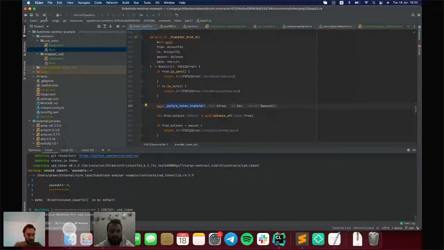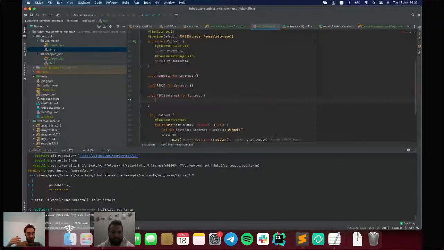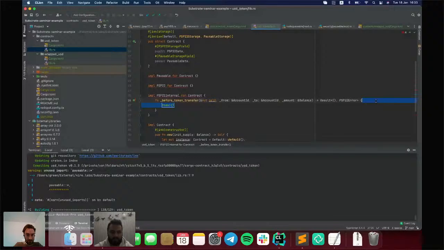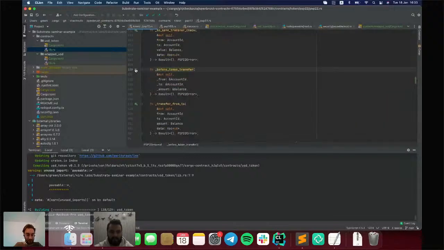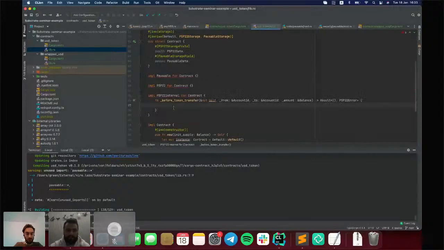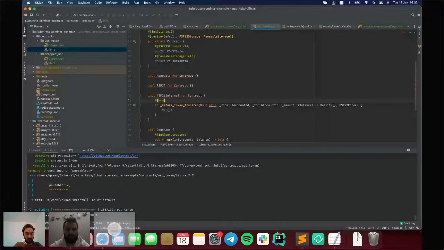And okay, so inside the body of this function, you can add any custom logic that will be passed through before any transfer. Yeah. So now we will overwrite the default implementation, because in the default implementation it is empty. It returns OK by default, but now we will override that, and we will use another feature of OpenBrush, modifiers.